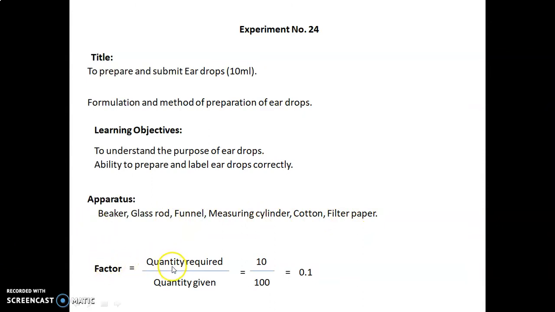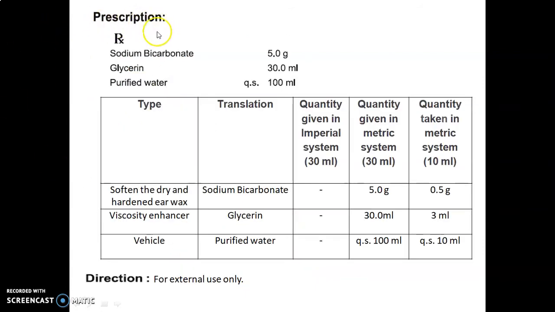Factor is calculated as quantity required upon quantity given, that is 10 upon 100, which is equal to 0.1. So this is the prescription given. Let's discuss the formulation table in detail. Type, that is the use or role of the ingredient. Translation means the name of the ingredient. Quantity given in the imperial system for 30 ml, but we have directly given the quantity in the metric system. So, quantity given in the metric system for 30 ml, and quantity taken in the metric system